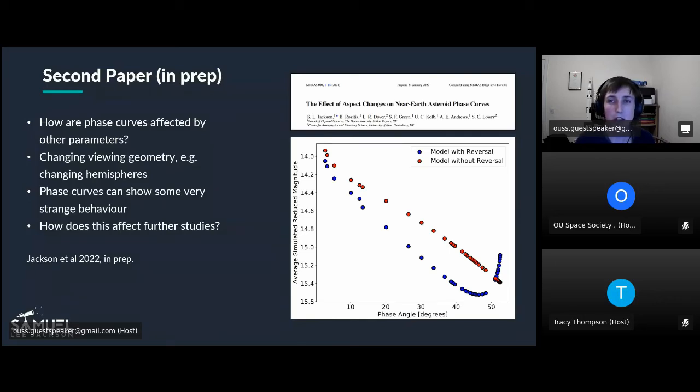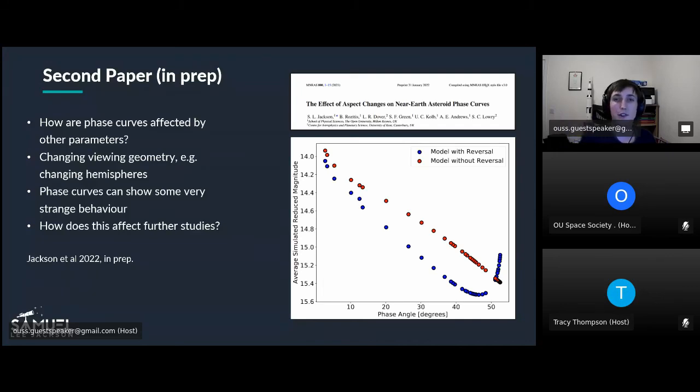So this is a slightly more theoretical study, and in this we're looking at how these phase curves aren't only dependent on the material on the surface. There's actually effects related to the shape of the object. If you take an object and say you're looking at the southern hemisphere, and as you change your phase angle, you instead start looking at the northern hemisphere. If these two hemispheres of the shape look different, have a different area that projects back towards the observer, then